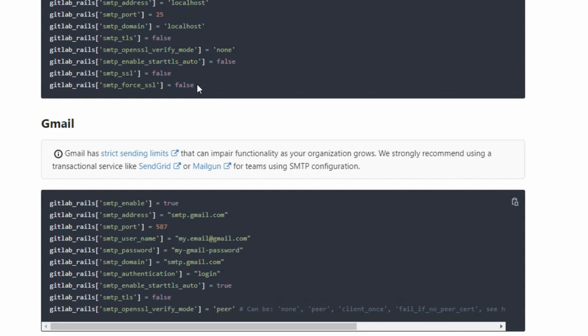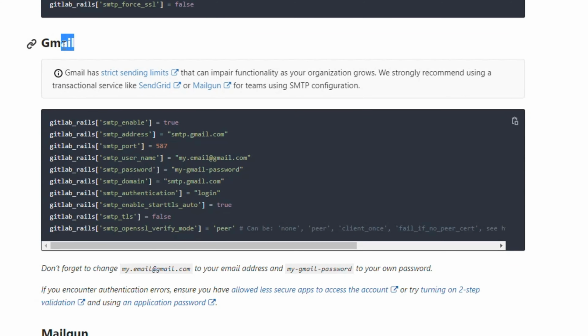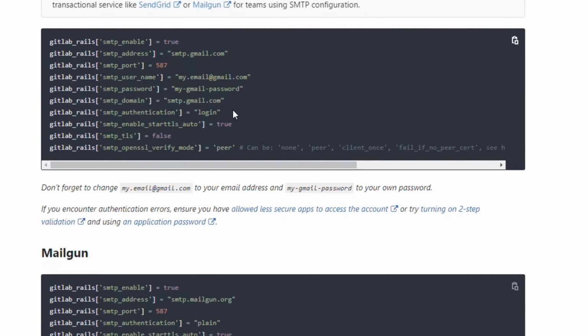But if this does not work, for some reason, your router ports are closed, or another reason, we can use the Gmail option. You need to change your email here. You need to create an app password at your Gmail account. Your normal password will not work.